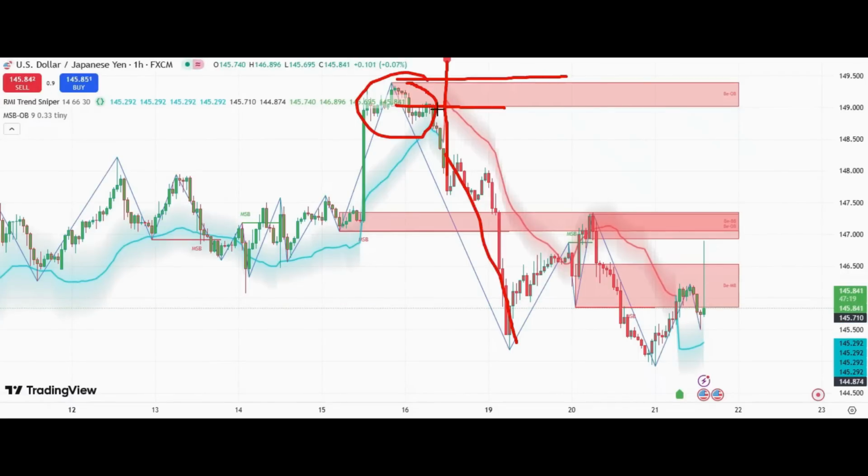But if you are an aggressive trader, at this point, this is an opportunity for you to enter the market without waiting for the RMI Trend Sniper to give you a signal for the market. Again, you come to this very particular point. You see here, you are getting the same order block. So at this point, you see that price has already broken this. So what do